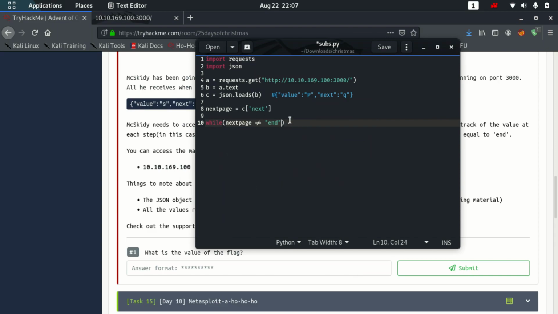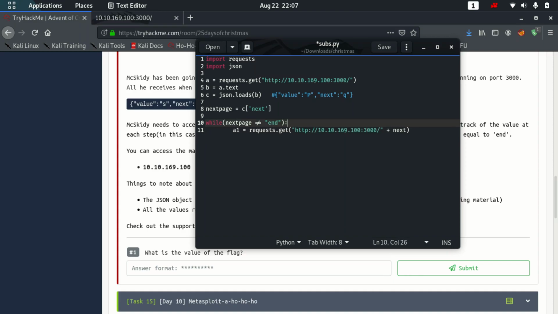So till the time it doesn't reach end, we need to continue our loop. And what we need to do is again make a request. So let's name it a1 is equal to this same thing, but I'll append this with next this time. Okay, so let me print.